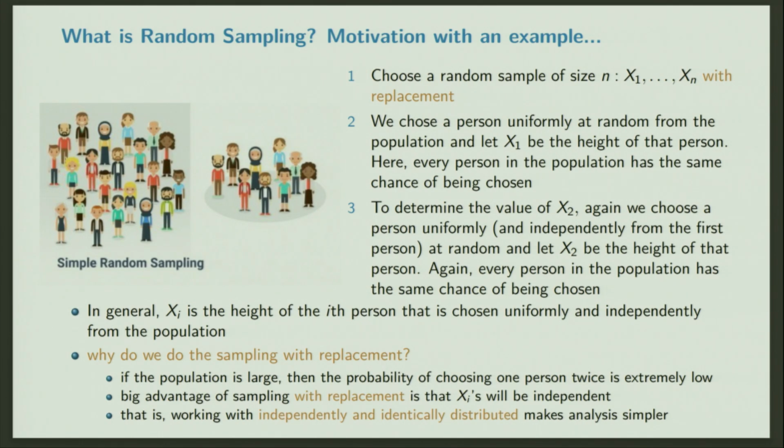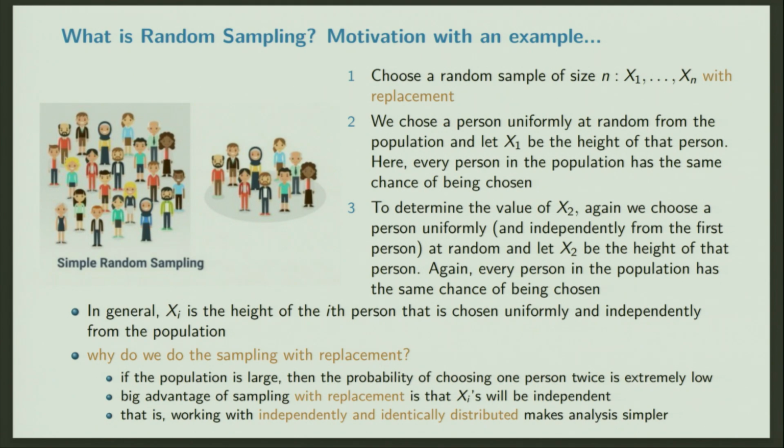And we use sampling with replacement because it will ensure that the xi's are independent and identically distributed. So this process of doing it with replacement essentially guarantees that these random variables xi's are independent and identically distributed. If you remember, with independence the joint probability will be the product of the individual PMFs. So that simplifies things. We will see this in the maximum likelihood estimate that we will do. All this simplifies.